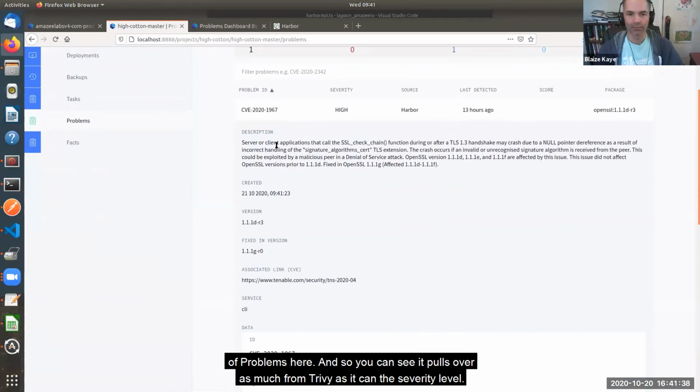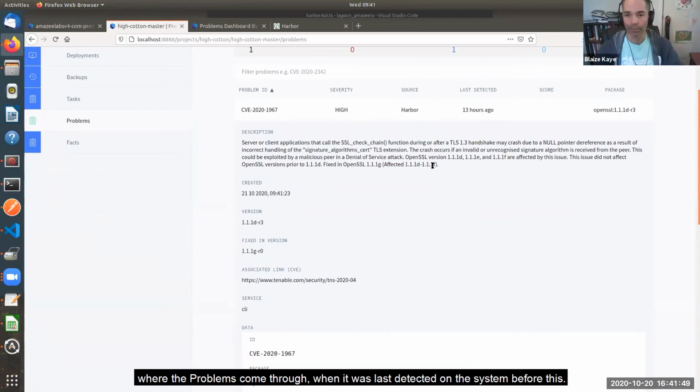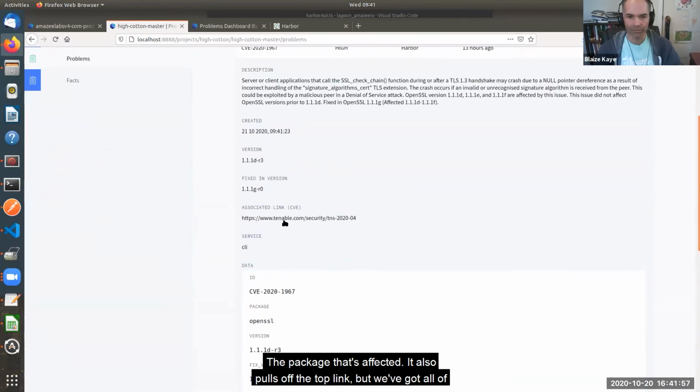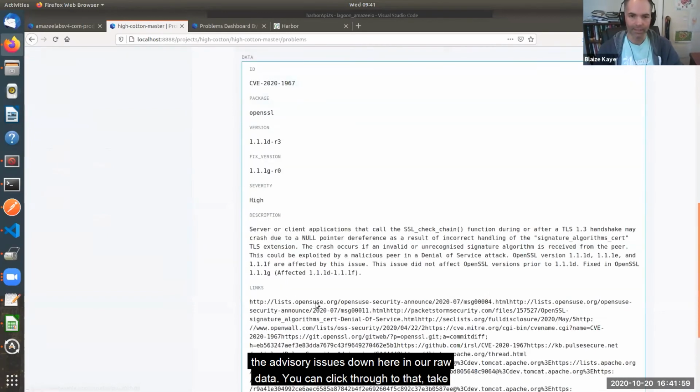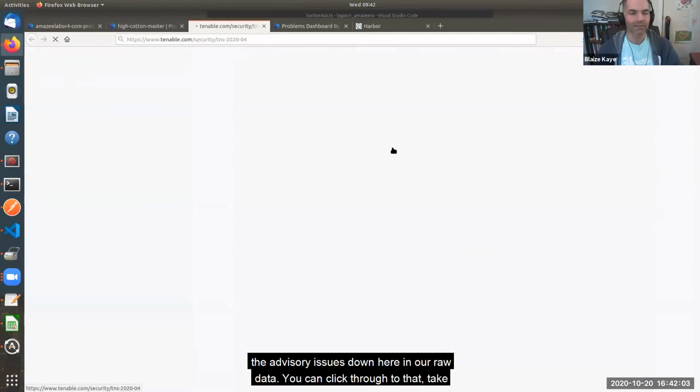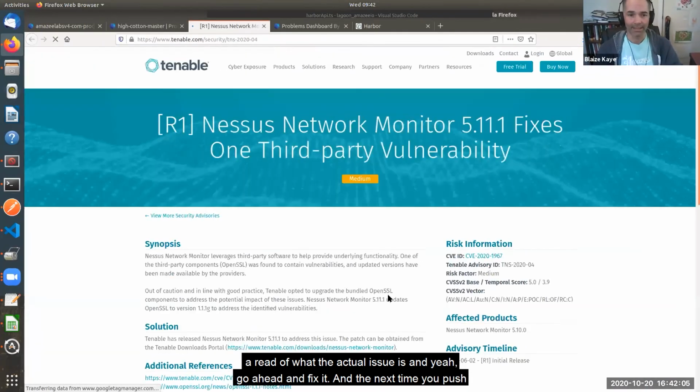And so you can see it pulls over as much from Trivy as it can, the severity level. It shows us that the source of this problem is Harbor. We'll see that that changes depending on where the problems come through. When it was last detected on the system before this, the package that's affected, it also pulls off the top link, but we've got all of the advisory issues down here in our raw data. You can click through to that, take a read of what the actual issue is,